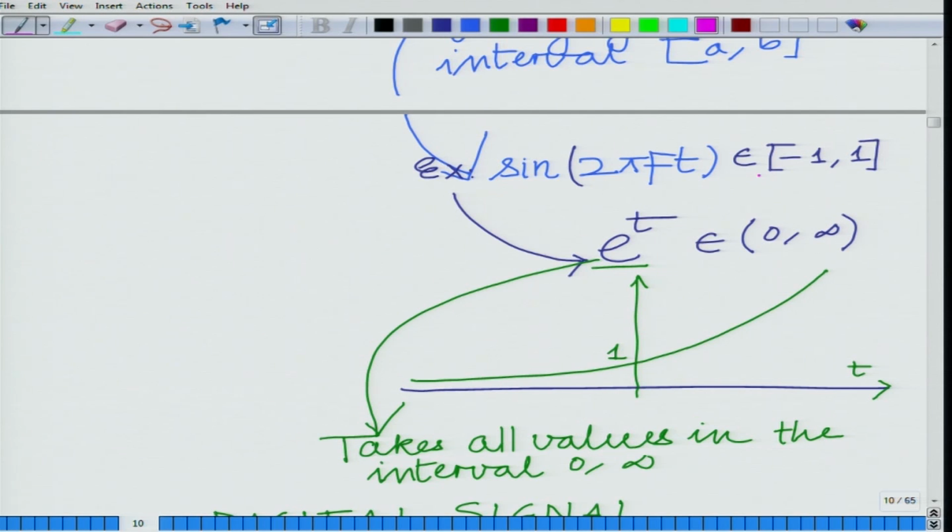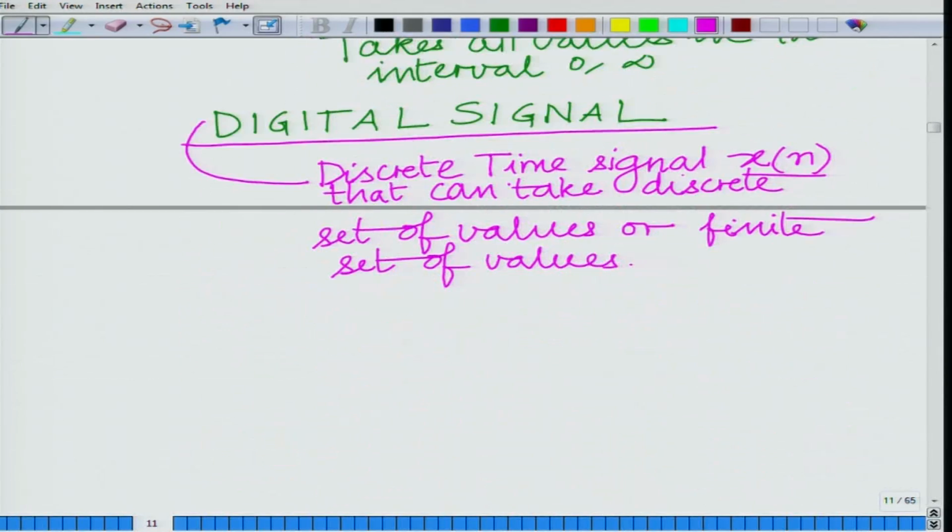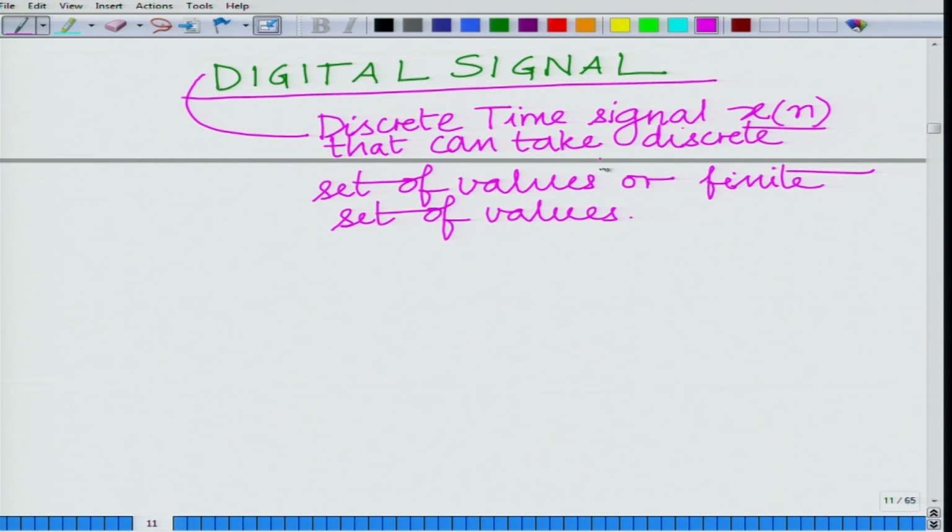For instance, if you look at sin(2 pi fc t), it can take any value in minus 1 to 1. So these are infinitely possible values. Okay, so it can take values from an infinite set. However, a digital signal can take values only from a finite set